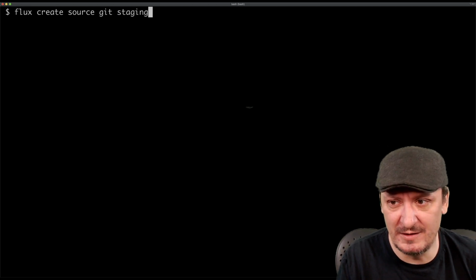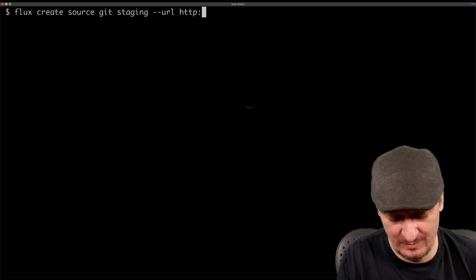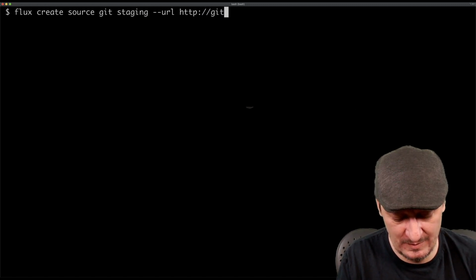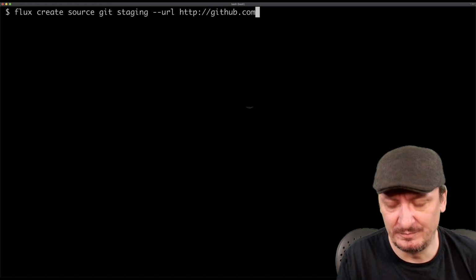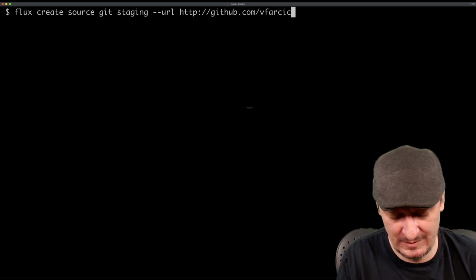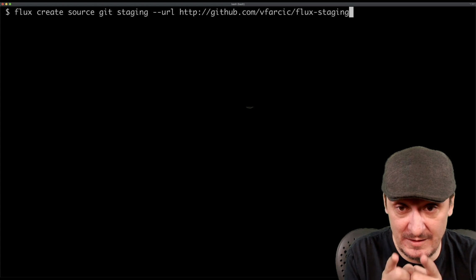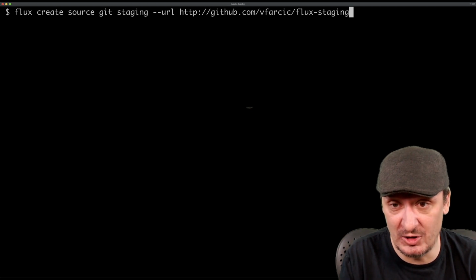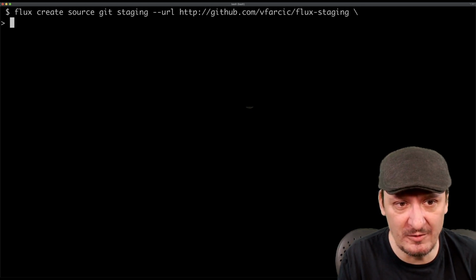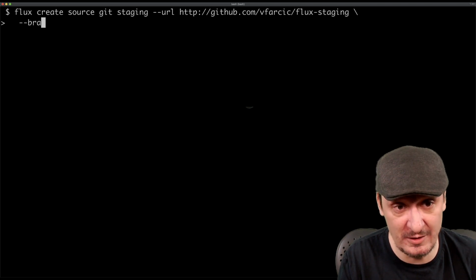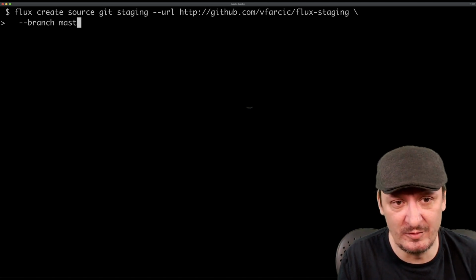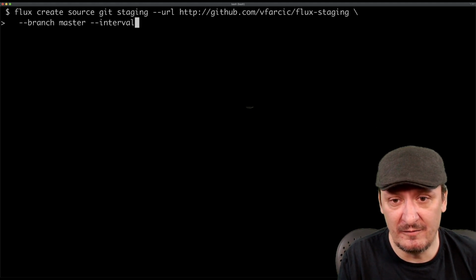We're going to call it staging, and the URL of that source will be github.com/vfarsec/flux-staging. So this is the repository that we created initially, and we're going to specify a few more arguments like branch is going to be master, interval is going to be 30 seconds. So every 30 seconds this